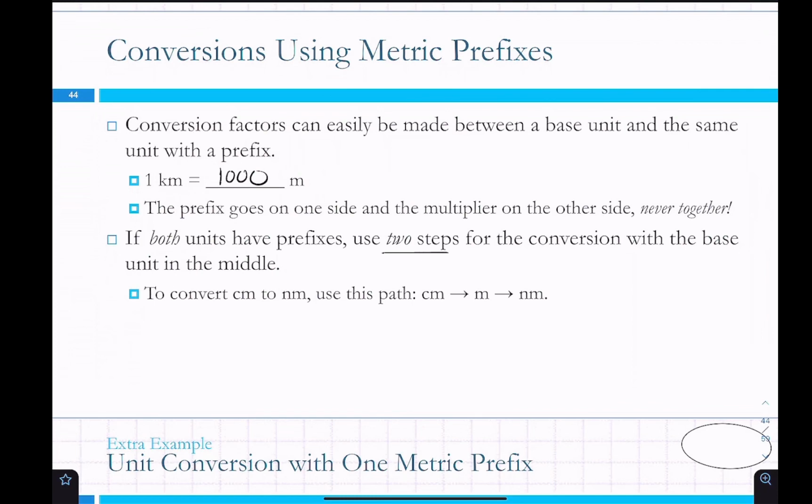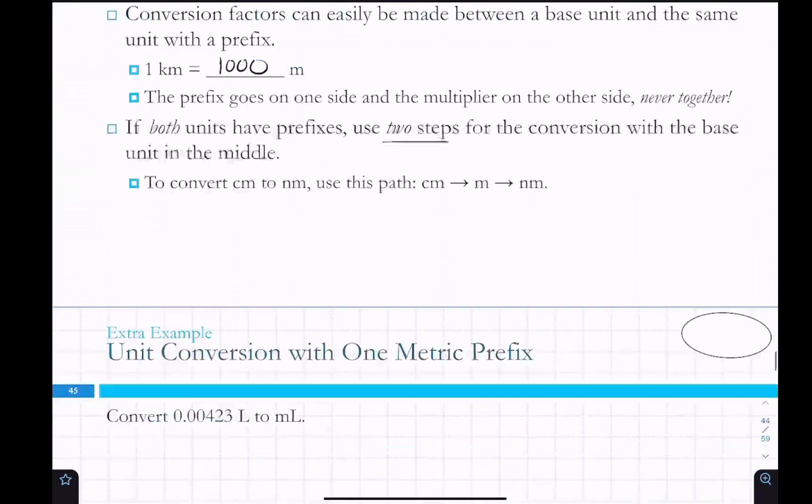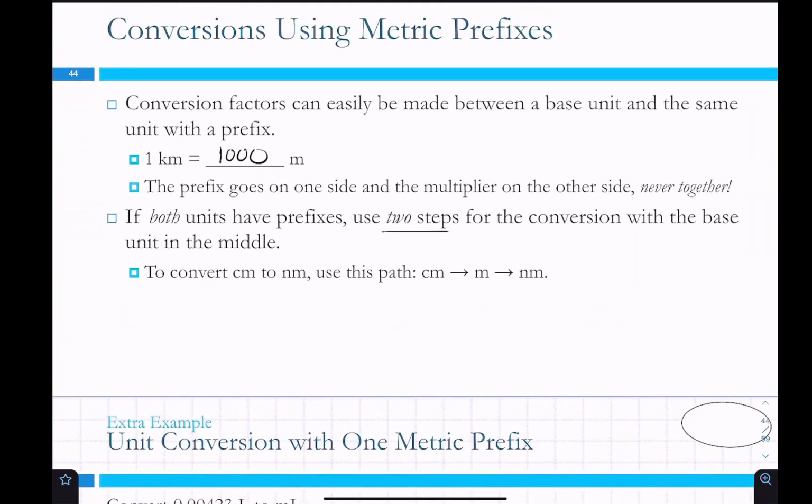So an example of that, if we want to go from centimeters to nanometers, those are both in meters, but they both have prefixes. So we'd go from centimeters to meters and then to nanometers. And then just to show you what those conversion factors would look like, let's do 3 centimeters. So 3 centimeters, if we want to go from centimeters to meters, then this is going to be